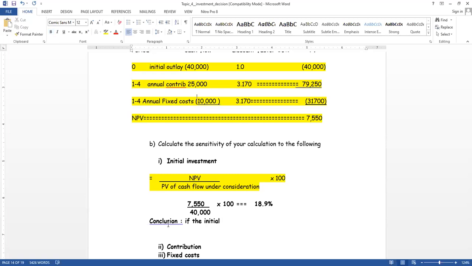So if the initial investment increases by 18.9%, in other words, you find that your project requires an increase in the initial investment by this percentage,